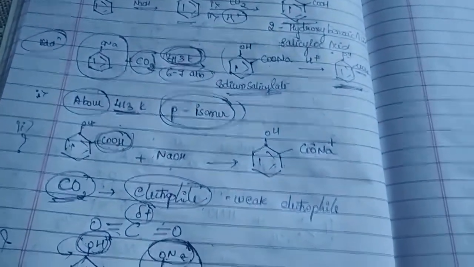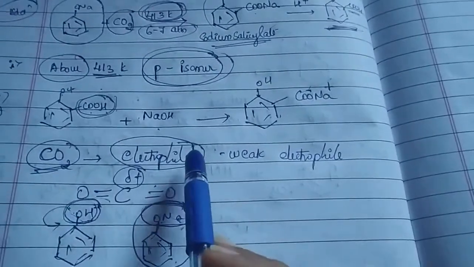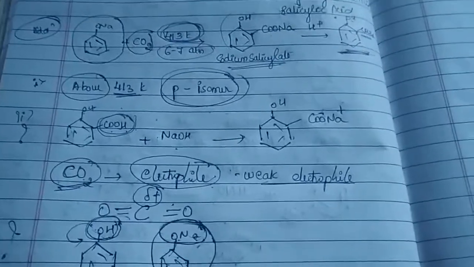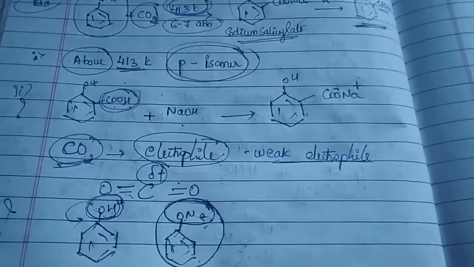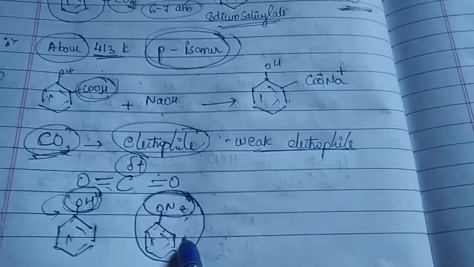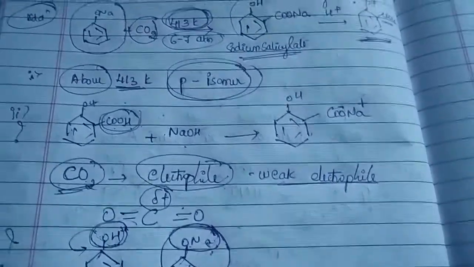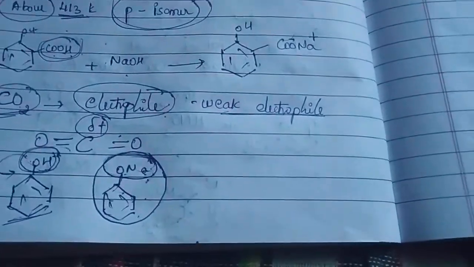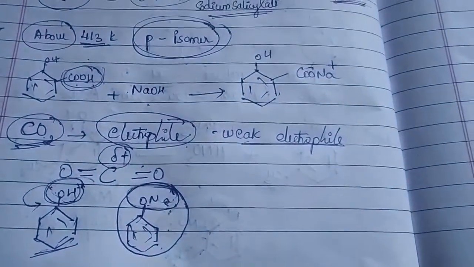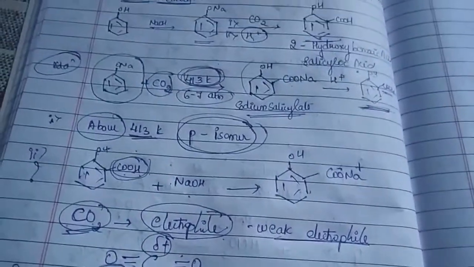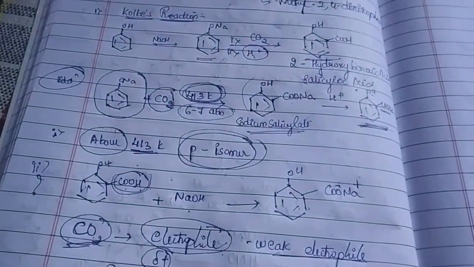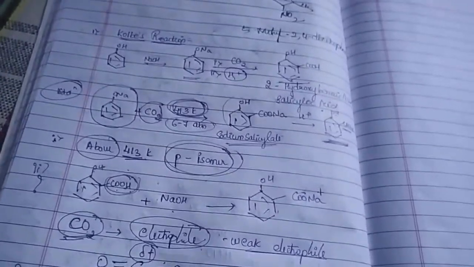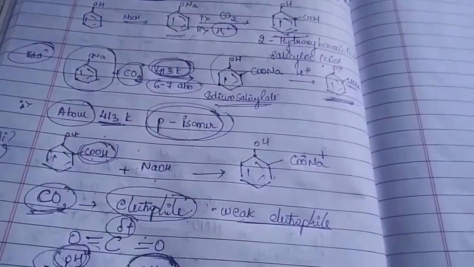As additional information, what we came to know here is that the electrophile, CO2, is a weak electrophile. And the second most important thing we have to remember is the reactivity. The reactivity of sodium phenoxide is more when compared to the reactivity of the respective phenols. Is that clear? Very much important. Since it is a named reaction, we came to know it is called what? Kolbe's reaction. So in this reaction we are seeing how one can manufacture or prepare salicylic acid,